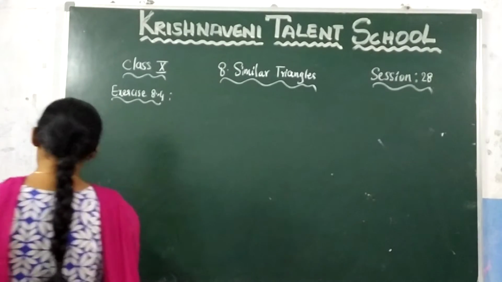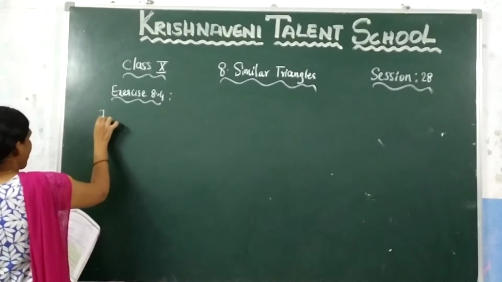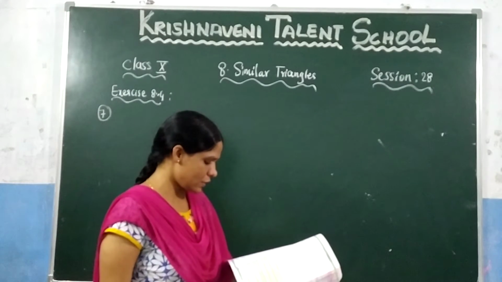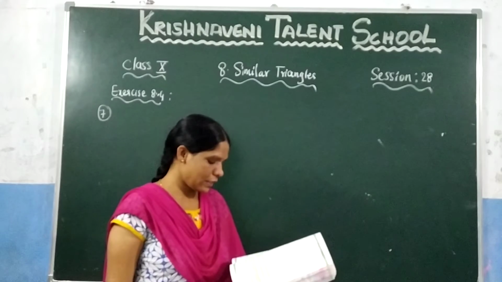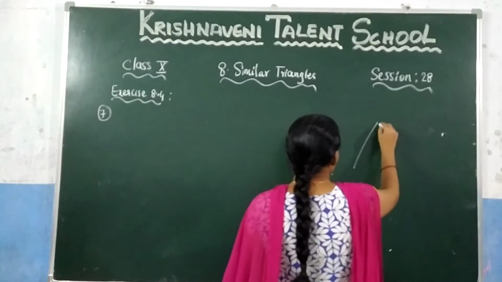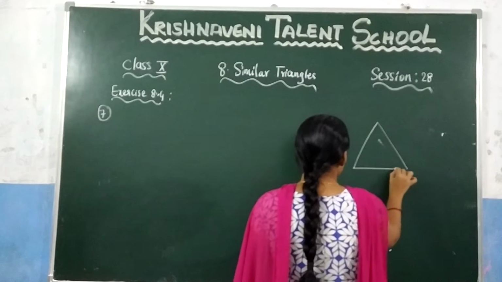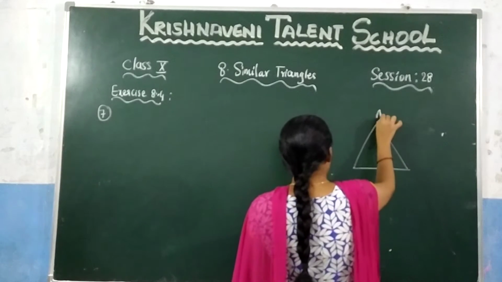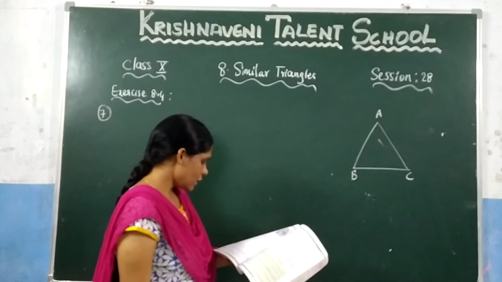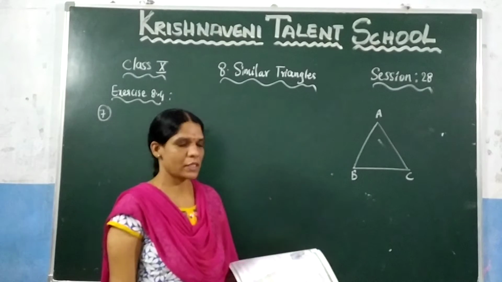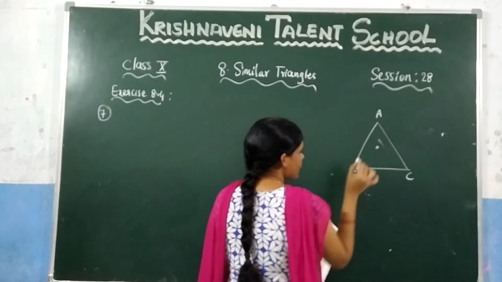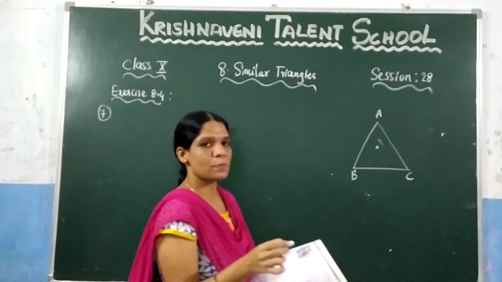This is the seventh question. So let us draw the triangle they have given here. ABC is a triangle in which O is the interior point. So let us draw one triangle which is A, B, C. And after that what they have given here, OD is perpendicular to BC. You need to draw that. So they have given O is the interior point.